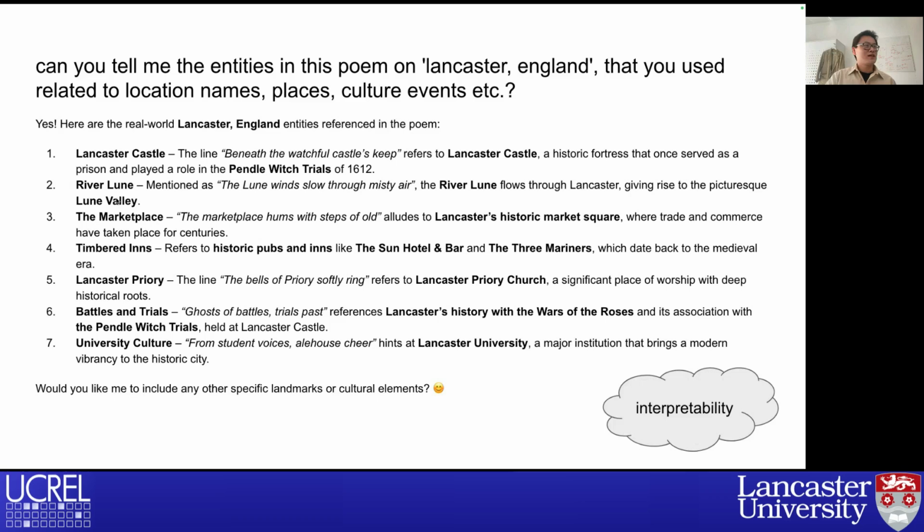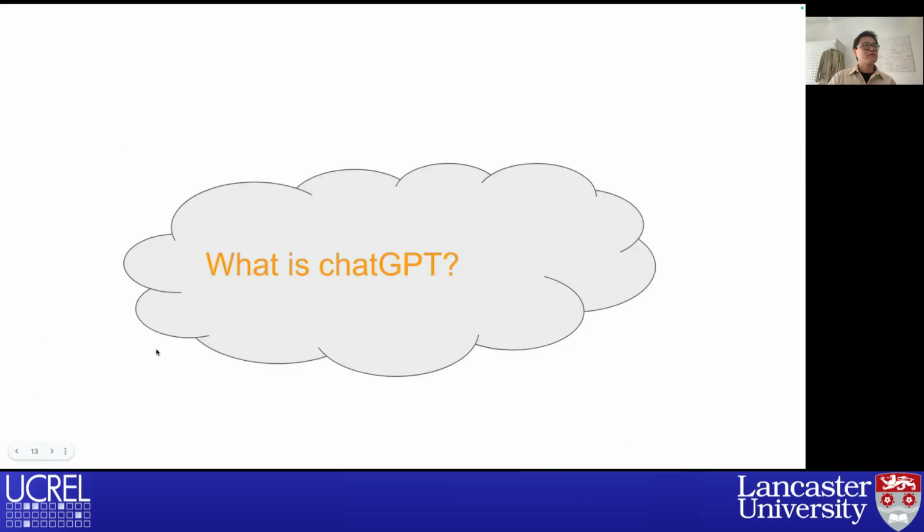Here it also lists some notes on why it wrote what it did in the poem. And by the way, you can get the PPT slides later. You can read it as a lullaby or something if you have kids at home. This is like interpretability, I call it, how you interpret the AI model, right? Why did the poem come up like this? Because it takes into account some event or place names.